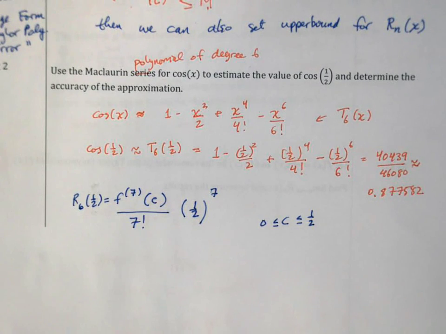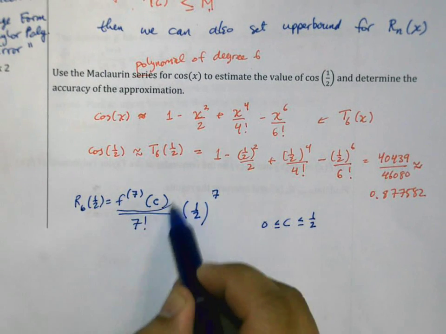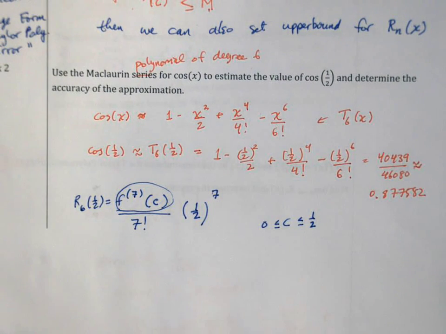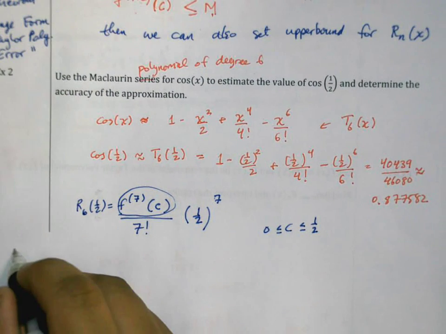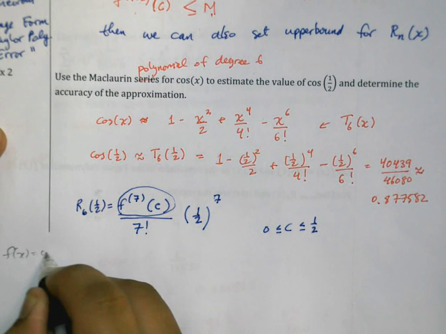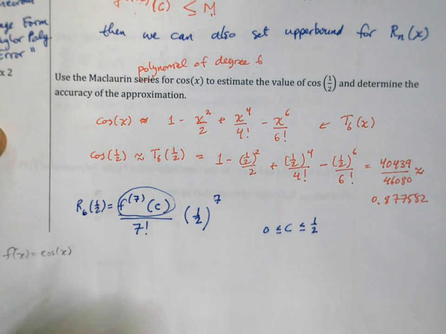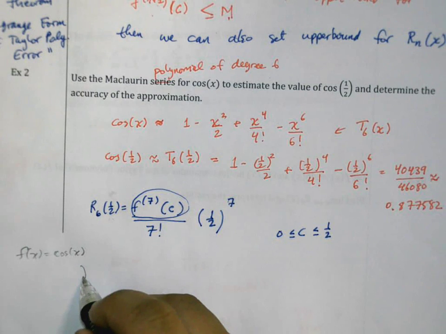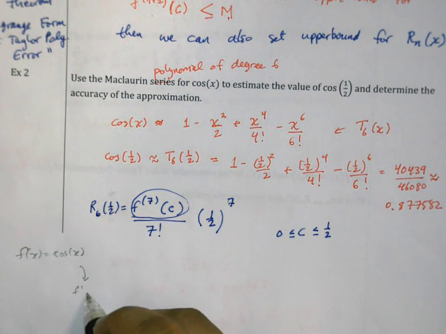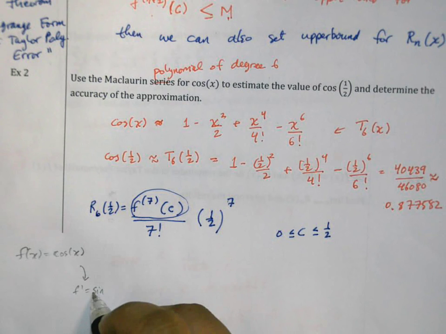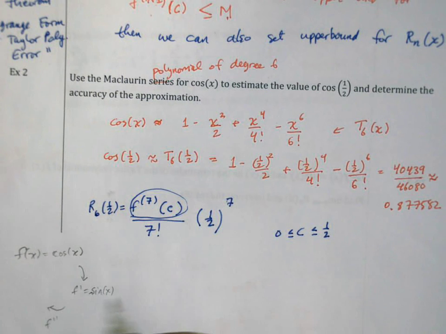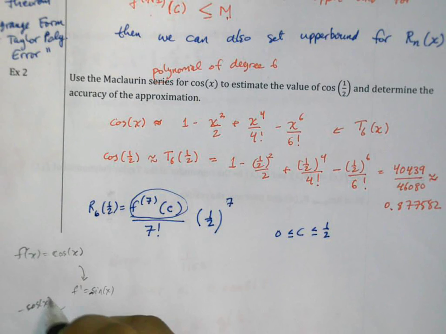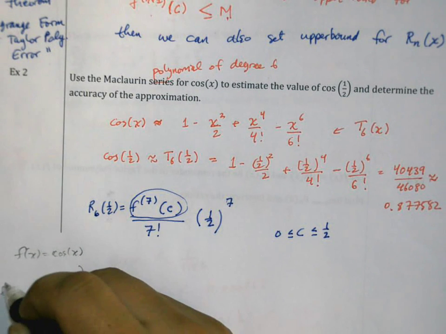Okay, so now how do we find an upper bound for this term? So that's the key here. Well, remember that f of x is equal to cosine. That's what we're starting out with. Okay, and if we keep on going, f prime is going to give me negative sine of x, and then f double prime is going to give me negative cosine of x, and then f triple prime